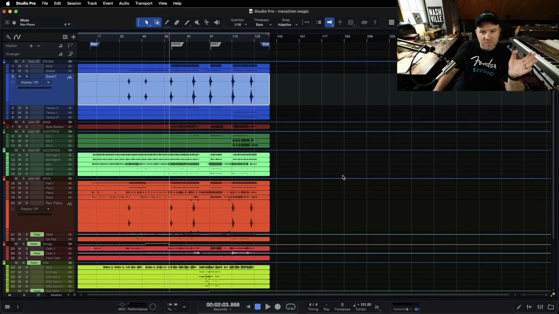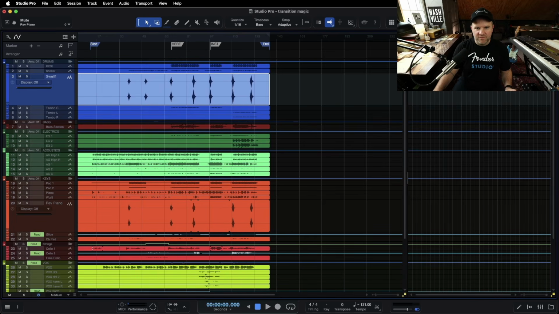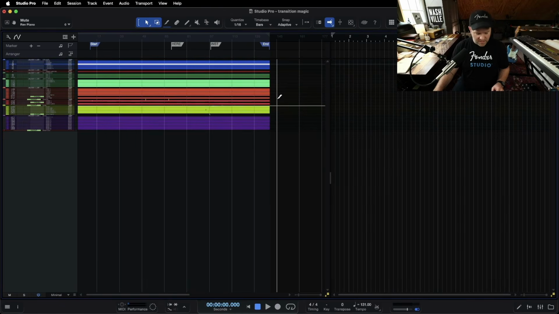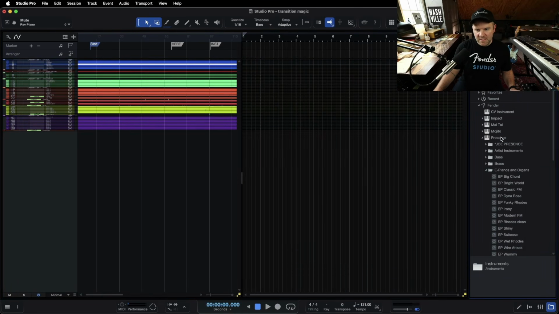If you've got access to a piano sound, you can do this. Let me show you how to make it. Let's use a scratch pad for this. First thing we need to do is bring in a piano. So let me press F6. Let's check out presence.